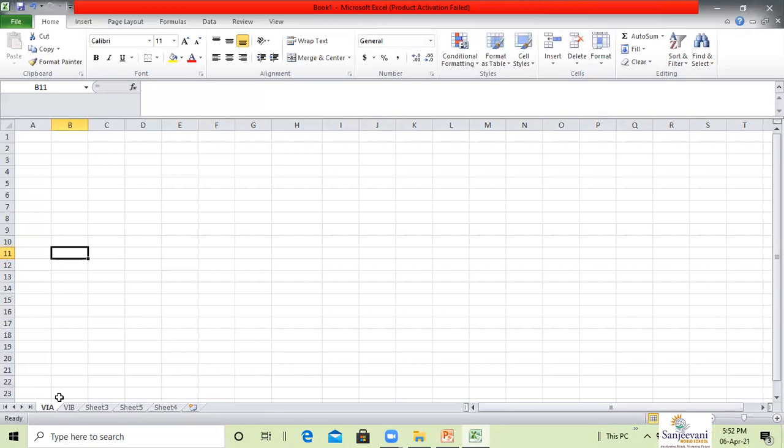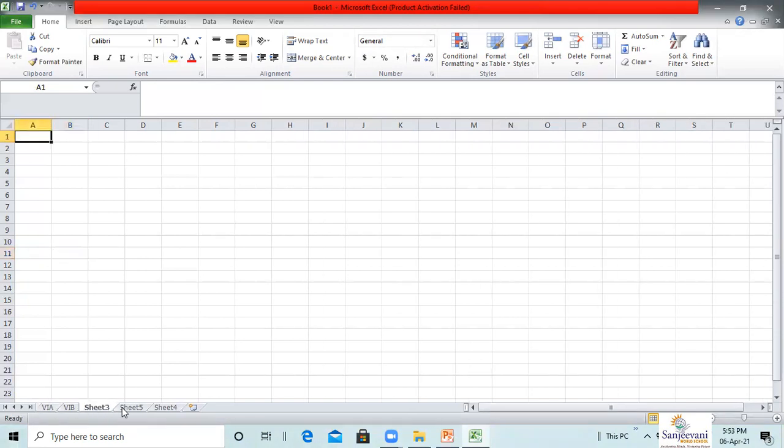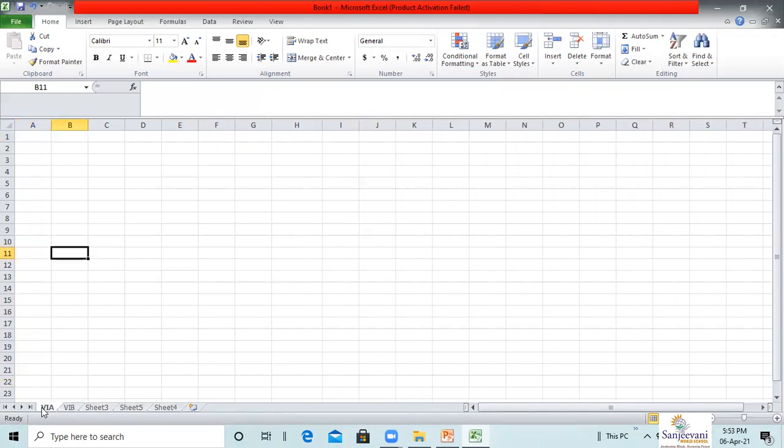Switching between sheets. To switch between sheets, click the worksheet name on the worksheet tab. We can add more worksheets, but only a few worksheet names are visible on the screen. When you have more worksheets, you will get arrows to navigate on the worksheets. So you can also click on the arrows to move from right to left of the worksheets. Now you can just click on the names and go to the particular worksheet.